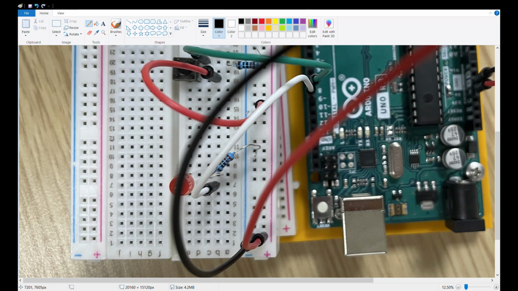All right, let's take a look at the circuit. So this circuit has two main parts. We have the LED part here, and then we have the button part here. So our LED is going to be wired into this digital pin 9, which we're going to configure to be an output. So when we have current flowing through this wire, because the digital pin is set to state high,